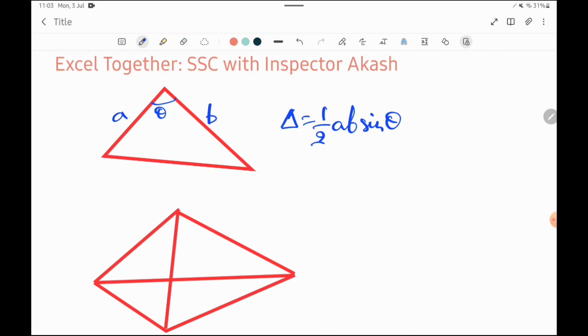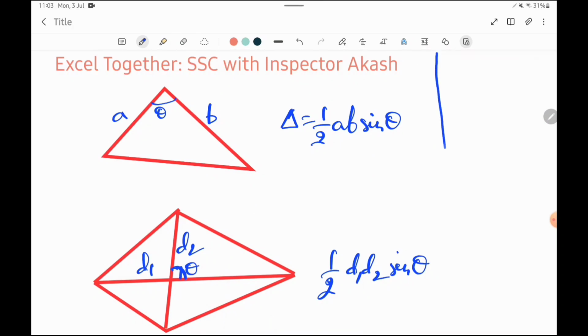Alright, and in a quadrilateral, if the length of two diagonals and any one angle out of the 4 angles, theta, are given, then the area of that figure is half d1 d2 sine theta. Alright, sine